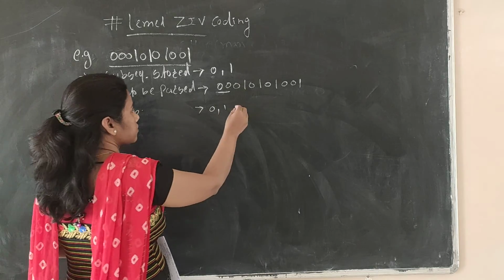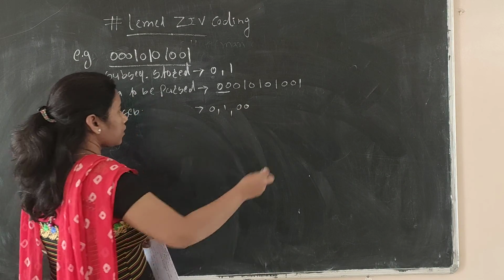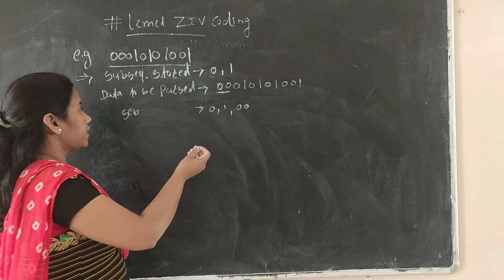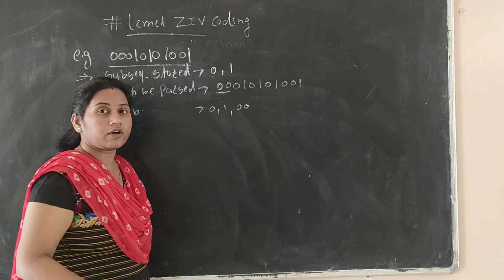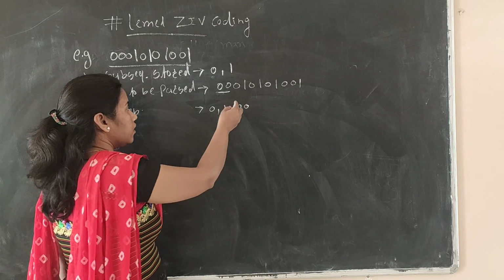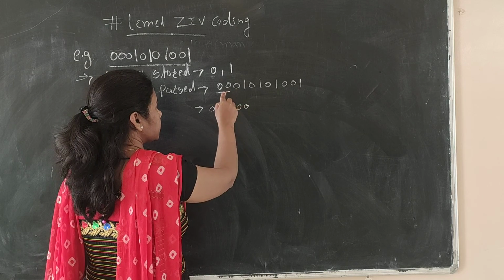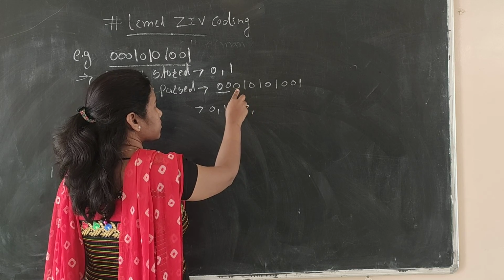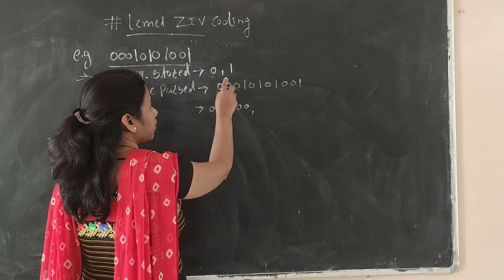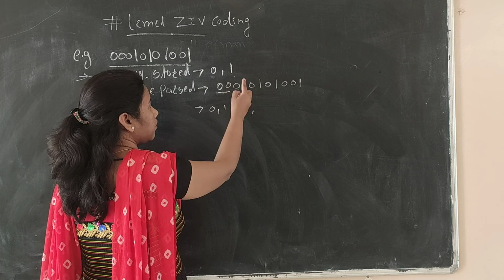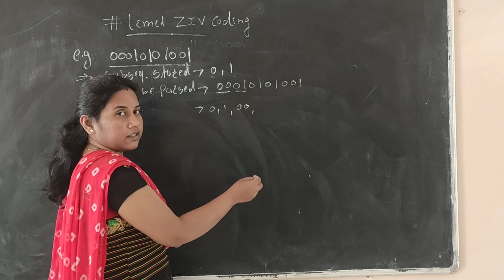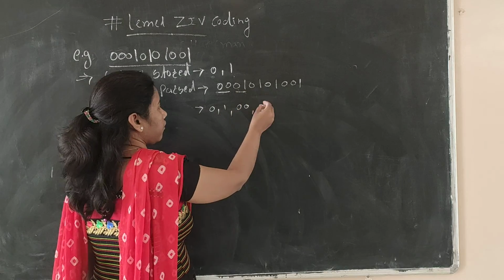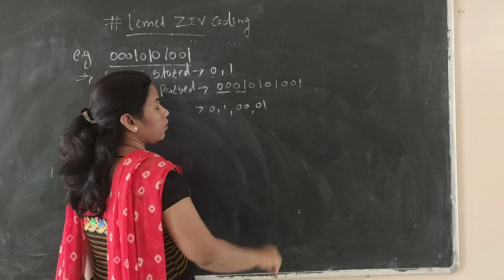This is a subsequence, 0 0. Now go for the next shortest subsequence, and that should not be repeated. That's why the next subsequence we have taken is 0 0. Next it is a 0, 0 is already there, 1 is already there, but 0 1 is not in the previous ones, and it is the shortest. That's why we have taken 0 1 here.